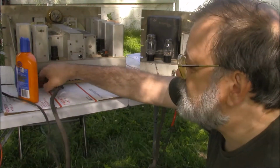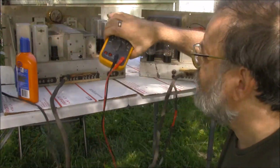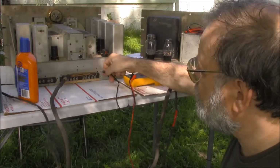So there's a couple ways we could do this. We could hook the voltmeter up to...